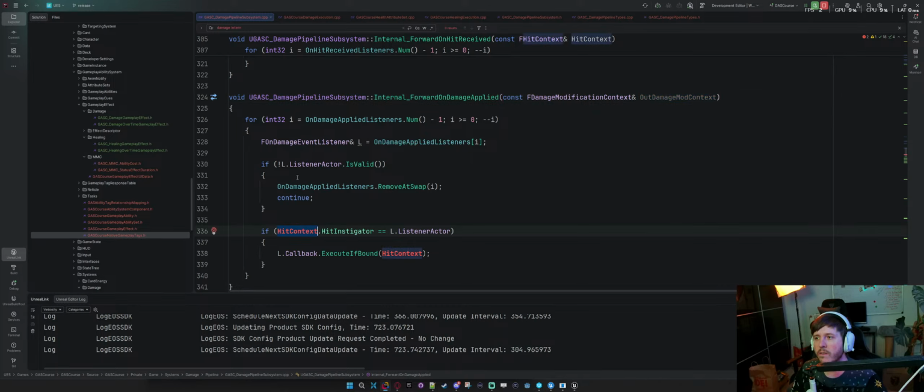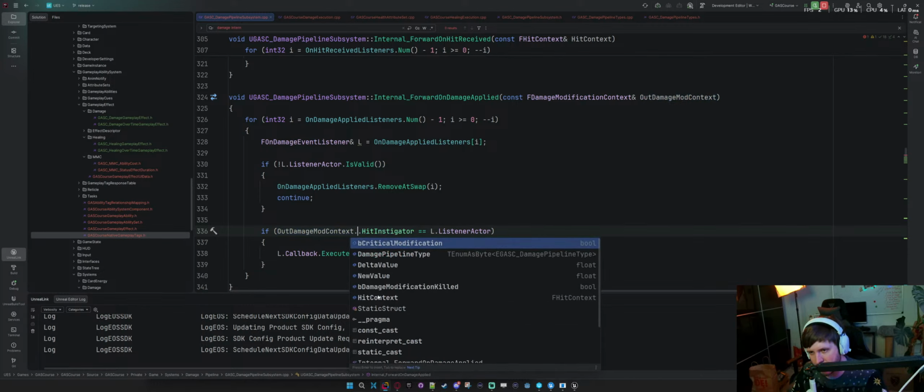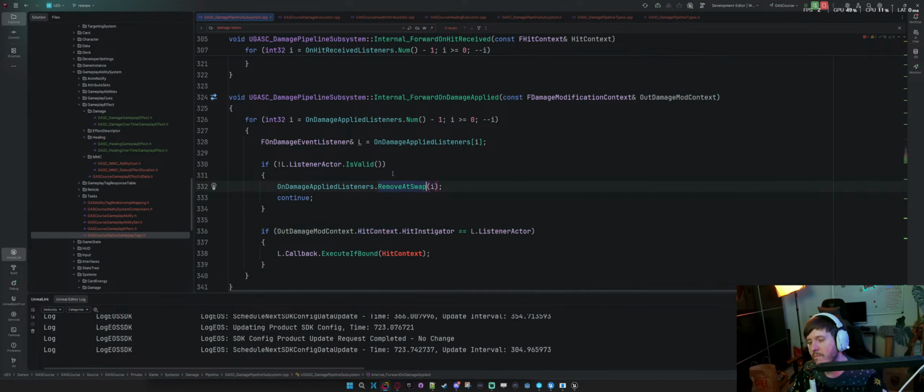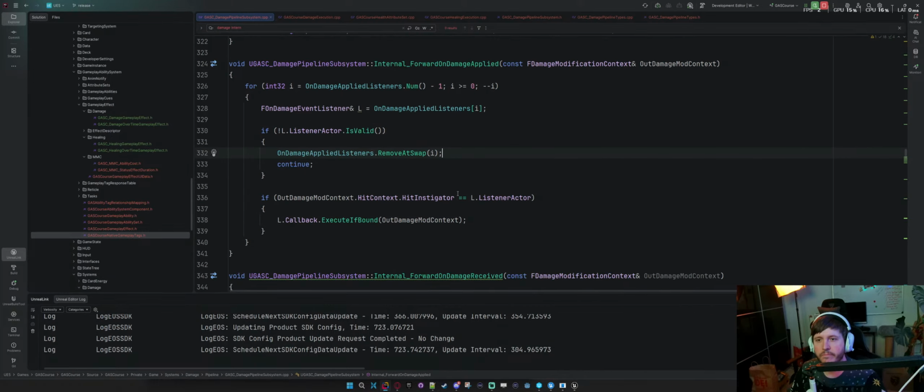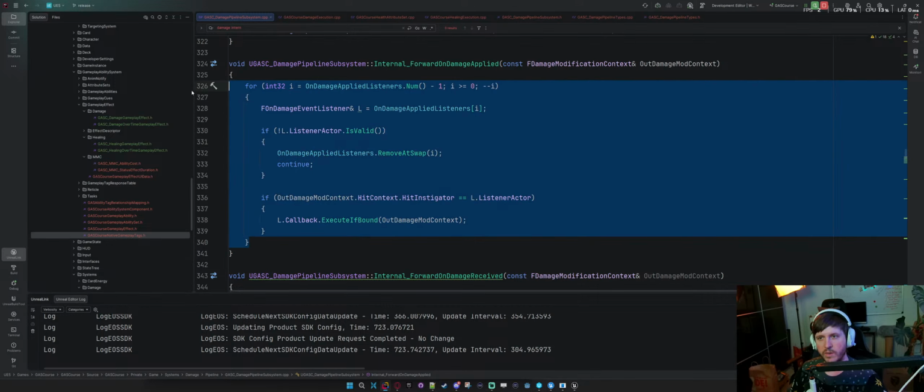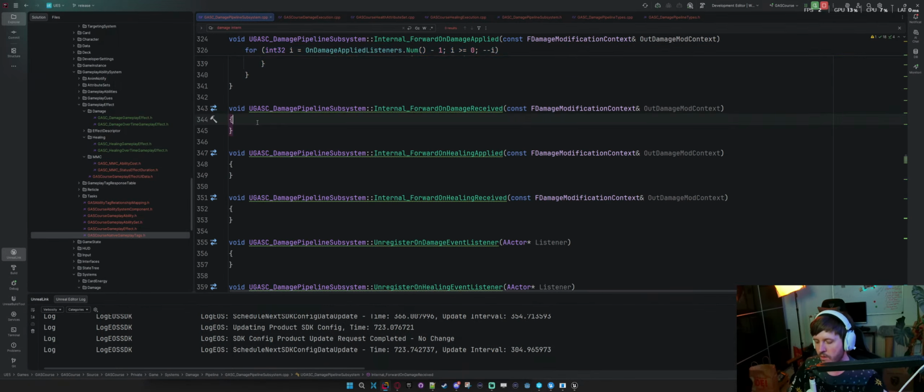We're gonna do out damage dot modification context dot hit context dot instigator is that, and then found that. Seems fine. So we'll copy that. Do the received.